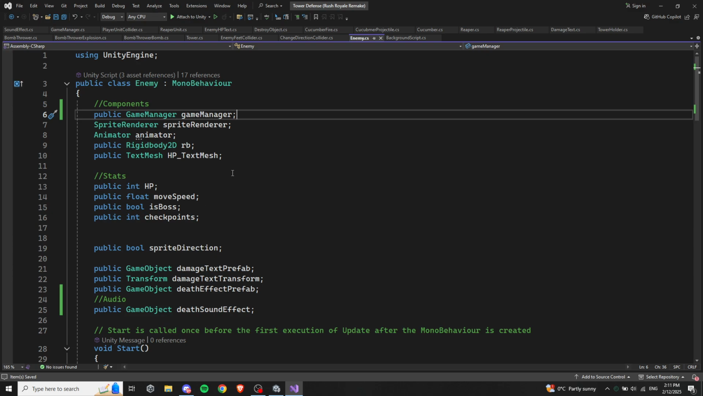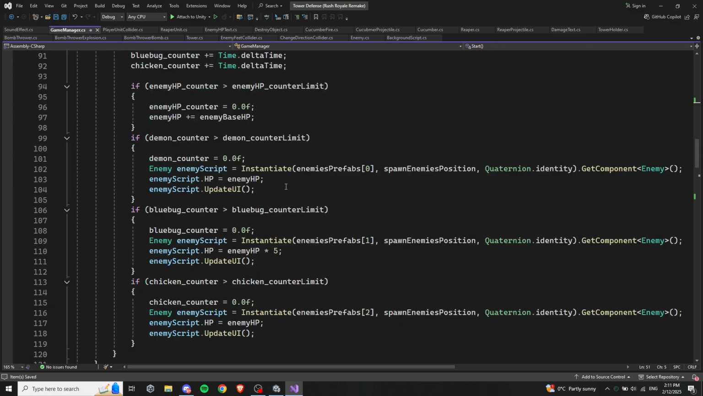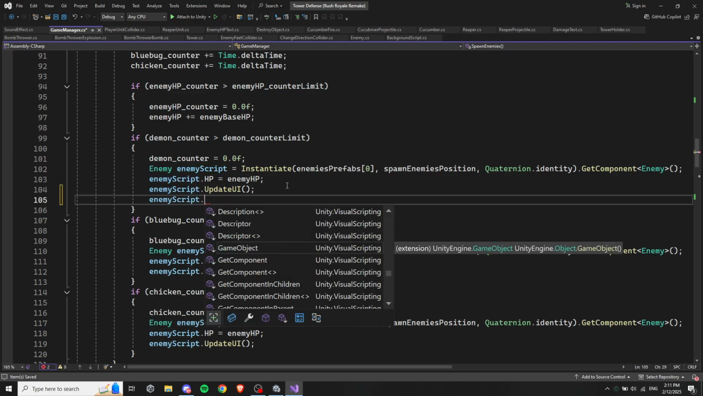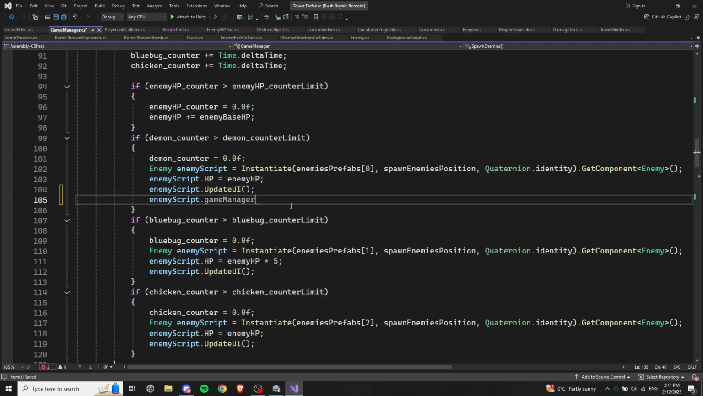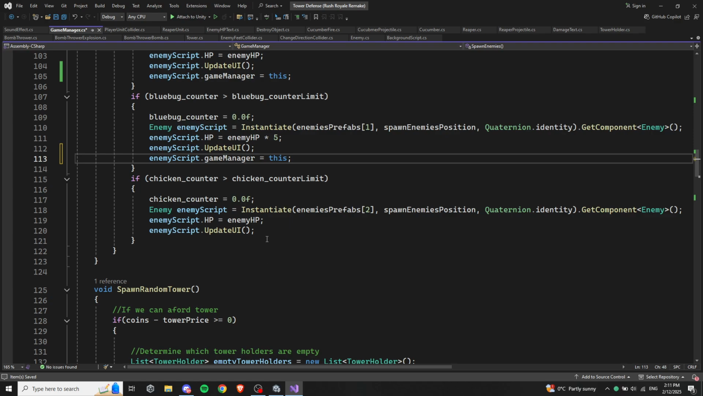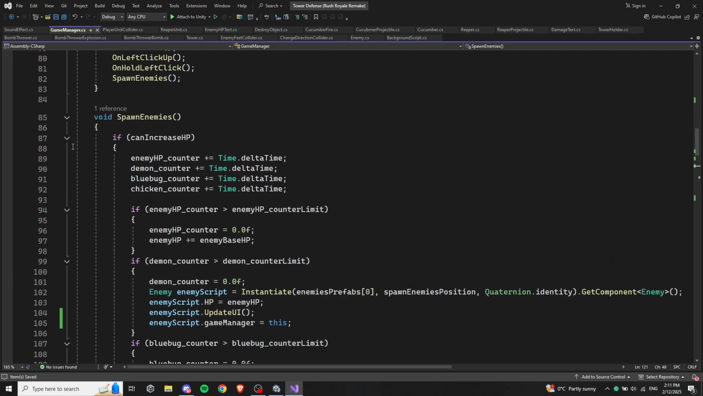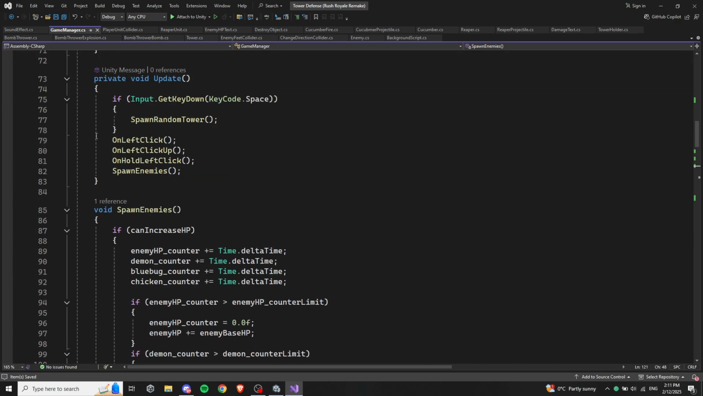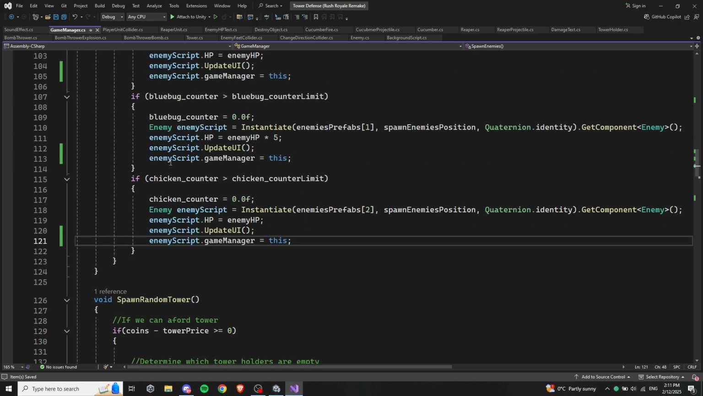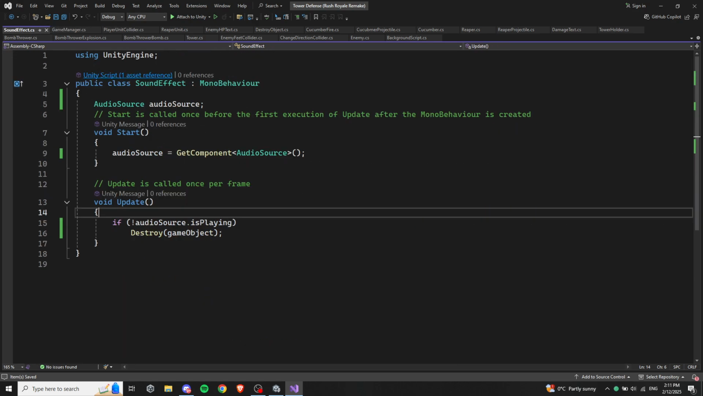Okay. And now we can give it a reference from the game manager. So here we say also enemy script gameManager is equal to this, meaning this script, and we want to do it for each enemy. So now they have a reference to our game manager, and when they die,